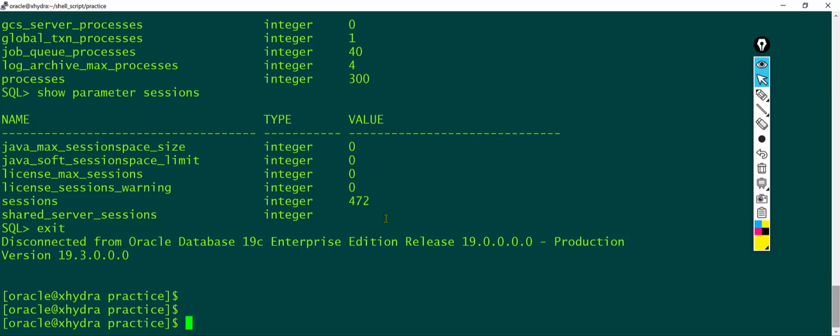if those connections are coming every 1 hour, then it is very time consuming for a DBA to manually log into the database every 1 hour and kill those sessions, right? So in this case, we can directly go ahead and write a shell script to kill those sessions. Here, the problem is that